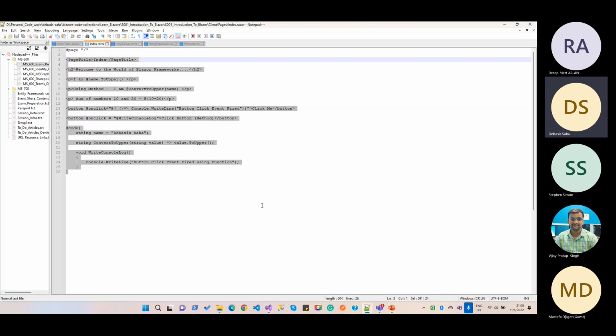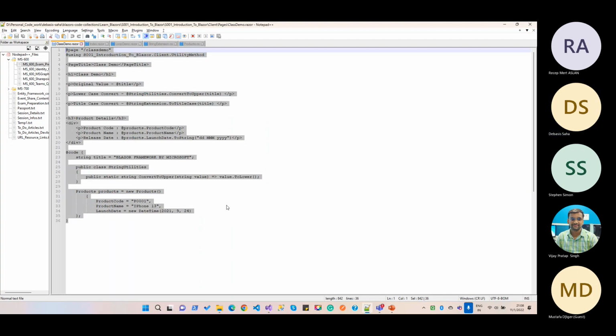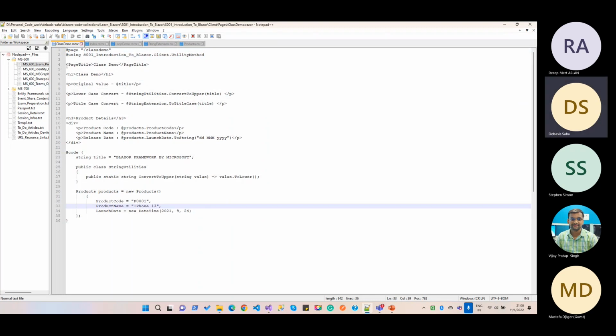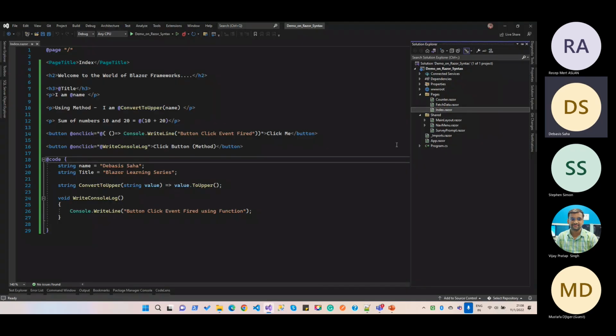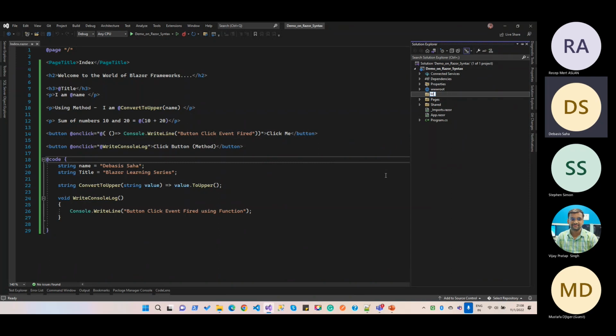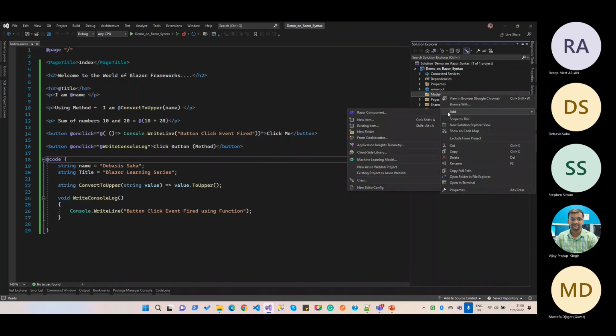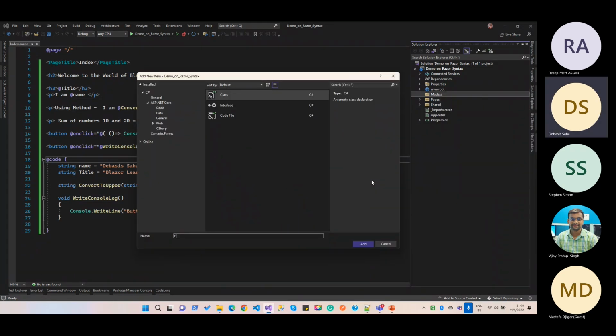Just like an example, say if I copy this, for that part, I first need to create one model class. So I'll create one folder first and call it model. I'll create one class file called product,